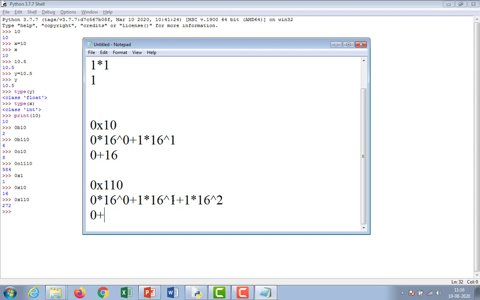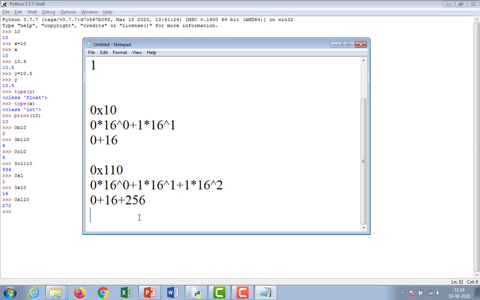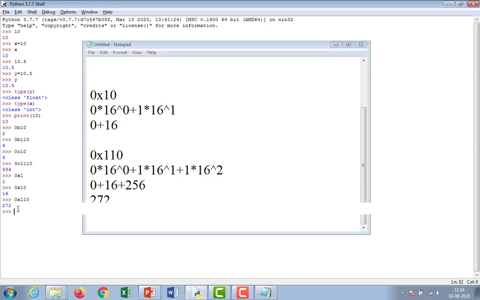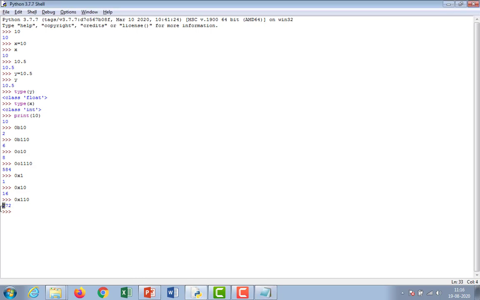Next, 1 into 16 power 1 returns 16, plus 16 power 2, 16 square, is 256. The output becomes 272.